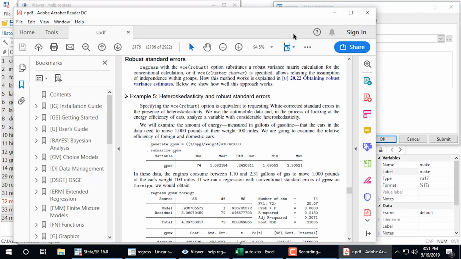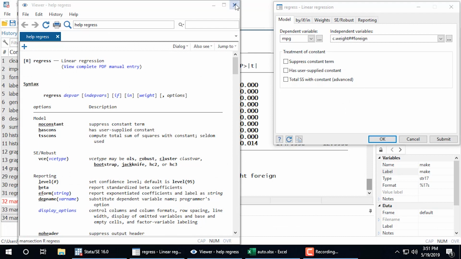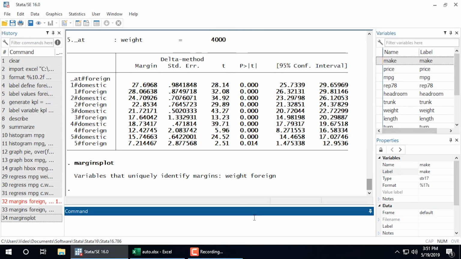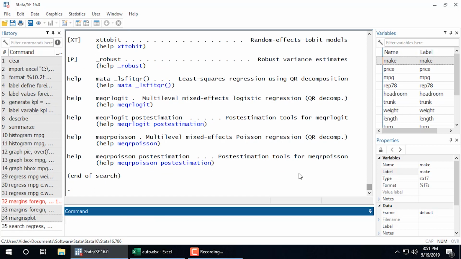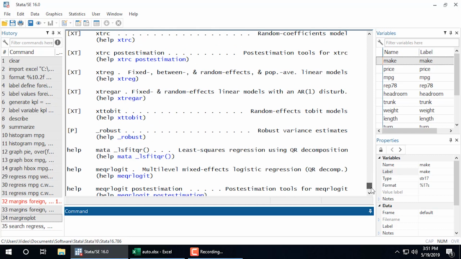One last thing that you can do is if you go back to the command window, you can search for things specifically. So I might want to type search regress, and I want to search the manual. So I can type manual, and this will show me a listing of any place that regress appears in the manuals.